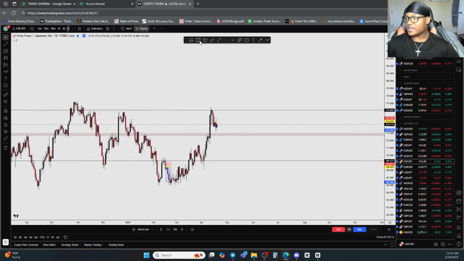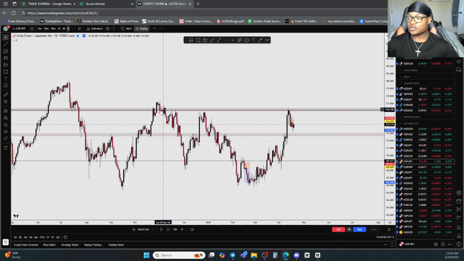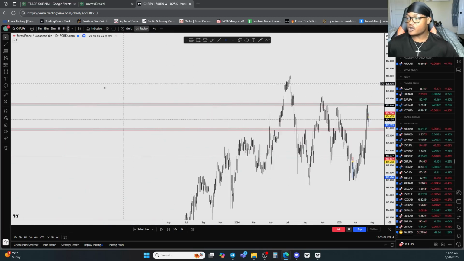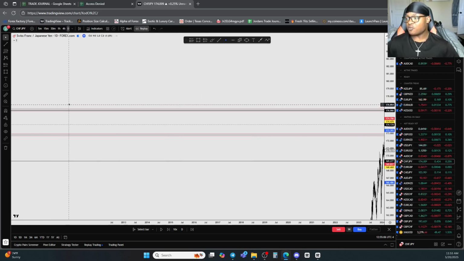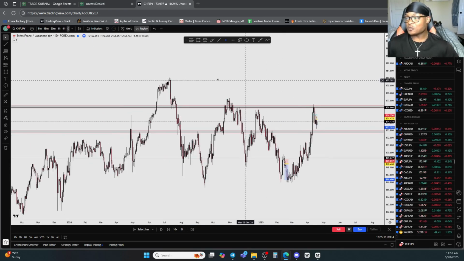If I drag this area out and I get my box tool, you can see how this is a well-respected zone. Price taps back into this area when we are below, treats it as resistance, and falls towards the downside. It happened once, twice, 3 times, 4 times, 5 times. We're treating it as support. If I zoom out and look towards the left, previous data, that's pretty far, but we have multiple signs of